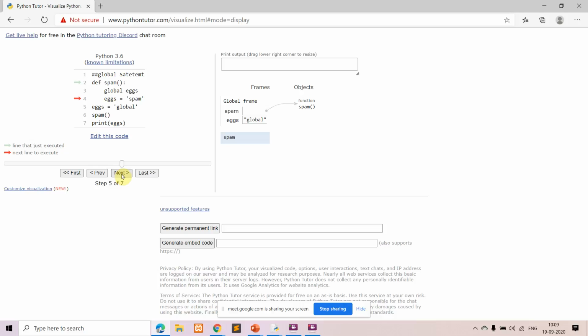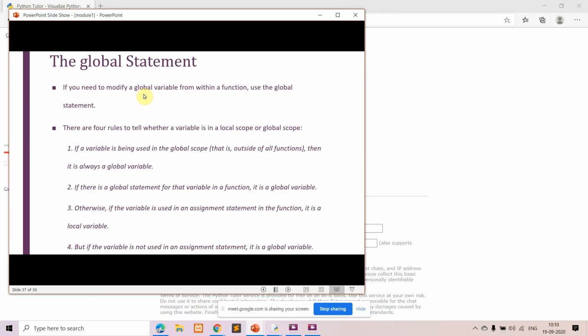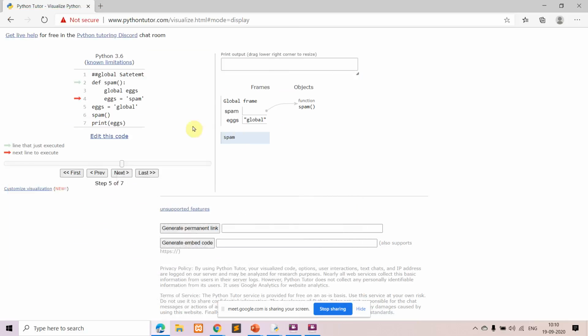Now we are going inside the body of the function. See here, within the body of the function, you have used the global statement. What did we say about the global statement? Global statements are used to modify a global variable from within a function. So you have written this global statement within the function. The global variable is x here, right? Within the function, you have used the global statement, followed by the name of the global variable, that is x. What happens in this case is that a local variable x is not created.